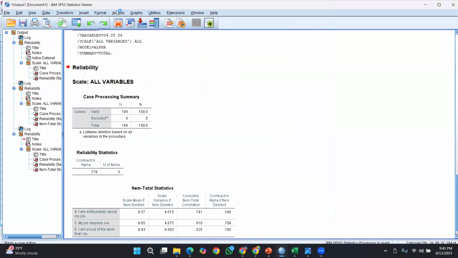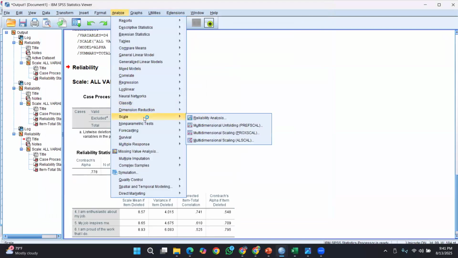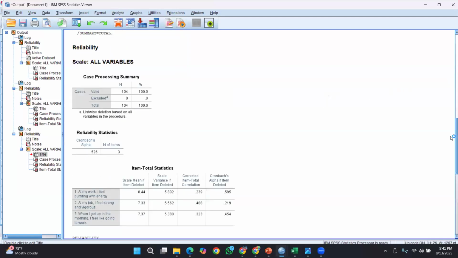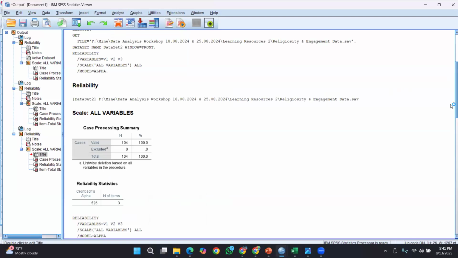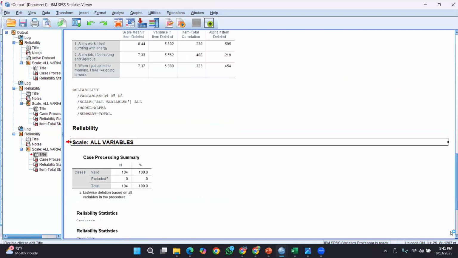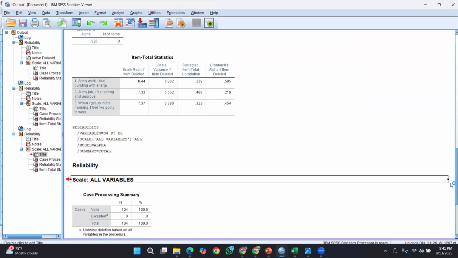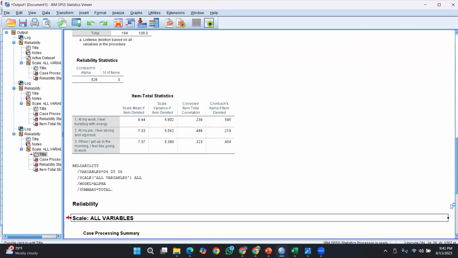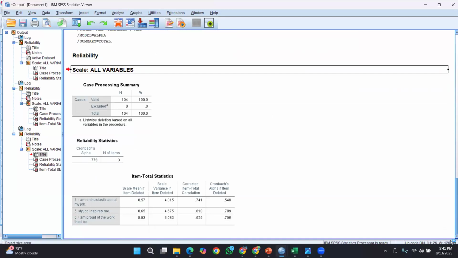Right, okay. I will be performing another one. You can see this one, 0.7. So this is an acceptable level.